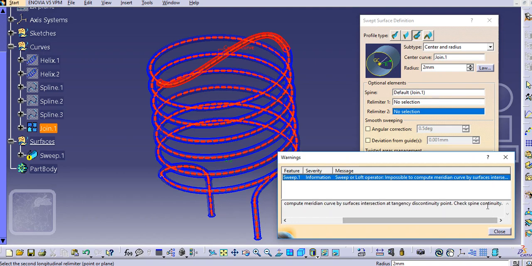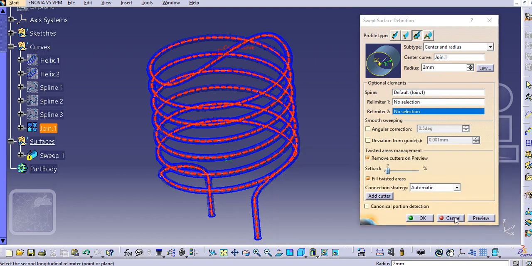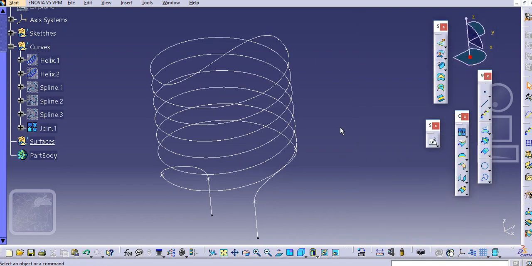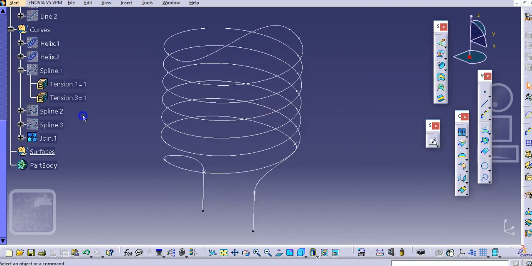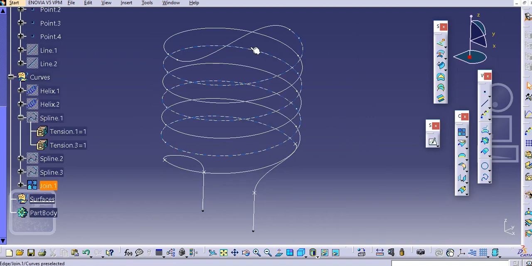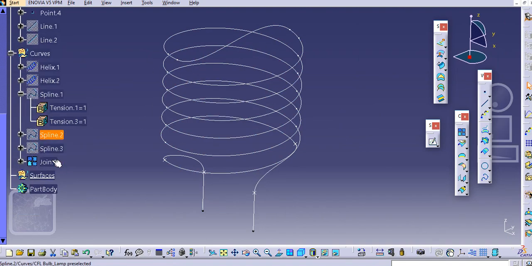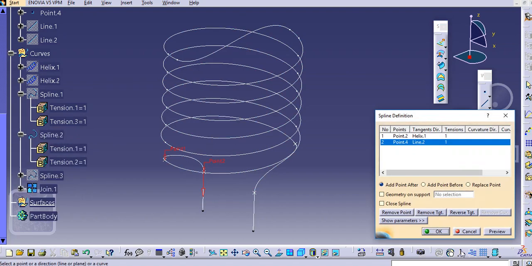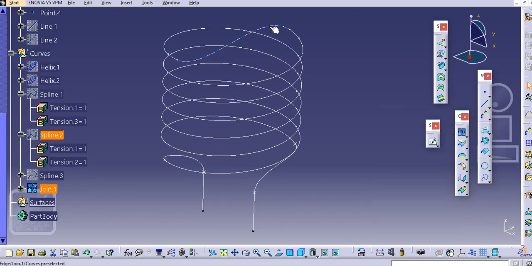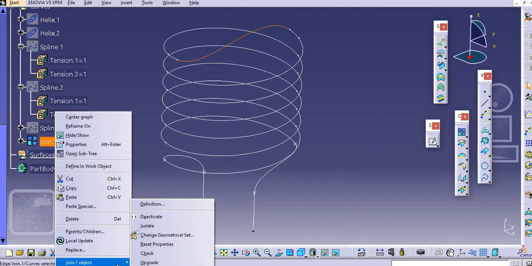Check the spline continuity. We'll just check this. So here there is some spline tangency issue, so just double click this spline over here. Not this one, we need this spline. So maybe we'll just deactivate this